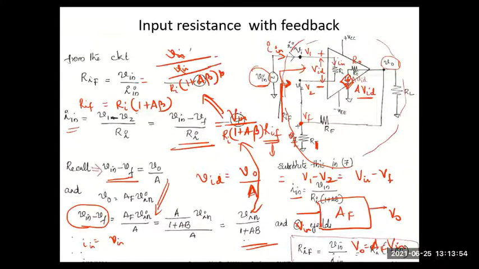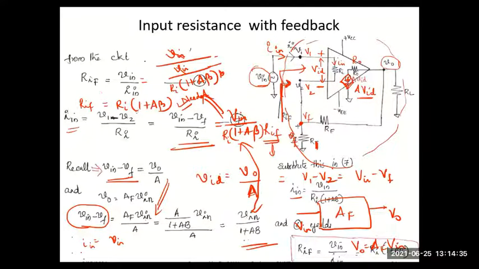The voltage gain we showed will be lesser. Voltage gain will be decreased, A by 1 plus A beta, that is AF, whereas the input resistance has increased, which is a desirable factor. This factor is needed. Remember, I told you for all voltage amplifiers, we need to have very high input resistance and very low output resistance. And in this voltage series feedback non-inverting amplifier, I am getting the required high input resistance after giving negative feedback in the circuit. Is this clear?